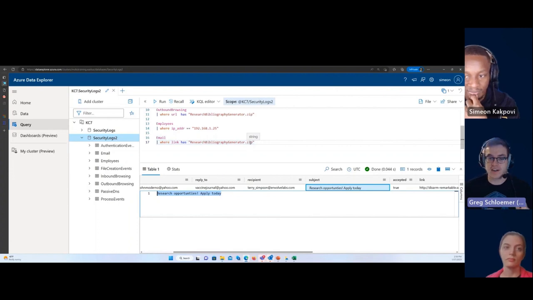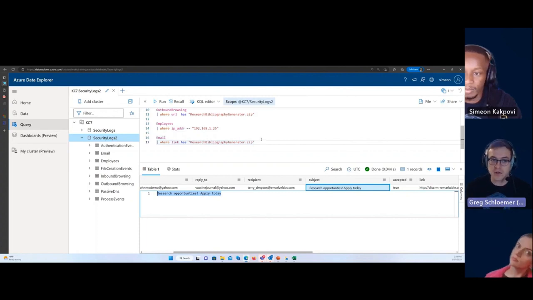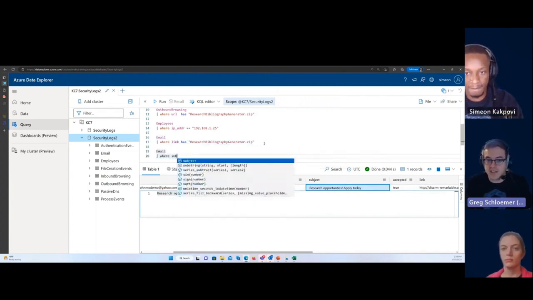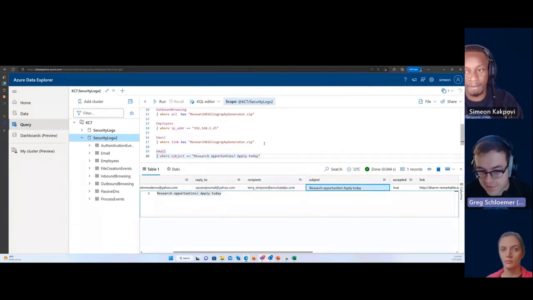Maybe this actor used the same subject line multiple times. And even better yet, maybe they used the same subject line with different email addresses. So we can actually pivot on a subject line and find more emails that they're using. We don't know if that's the case just yet. It's just a guess. So let's see if that's true.